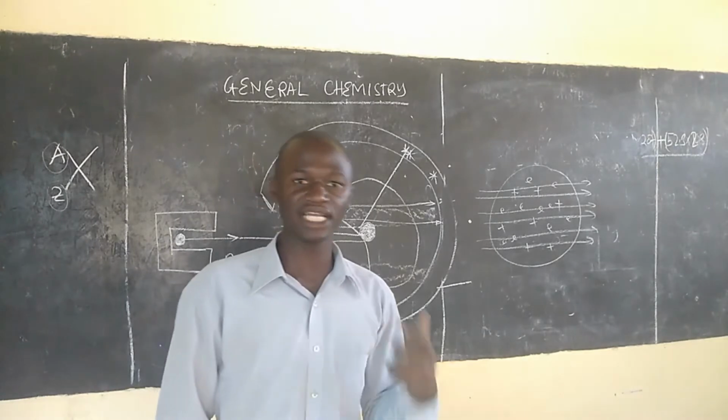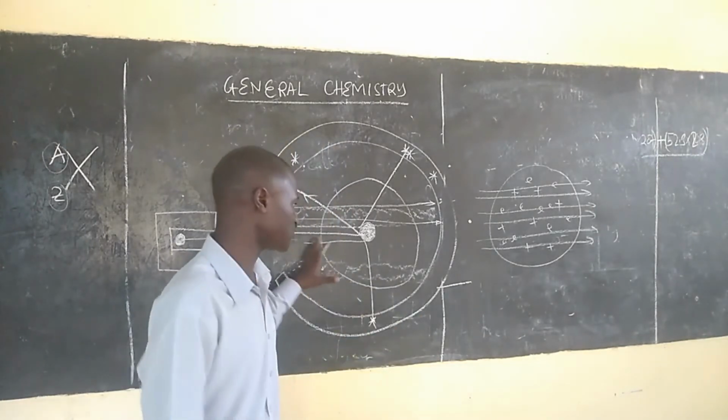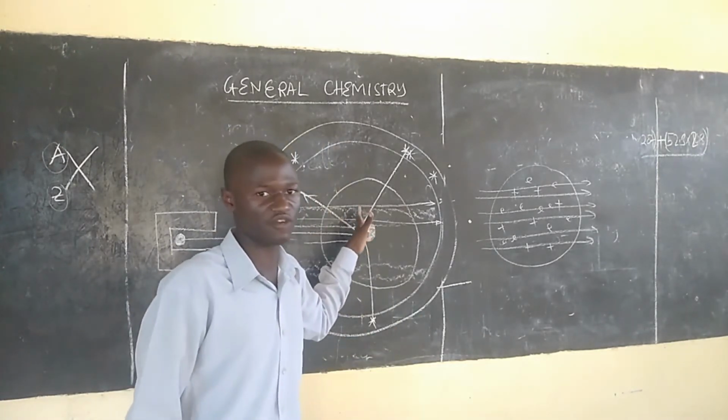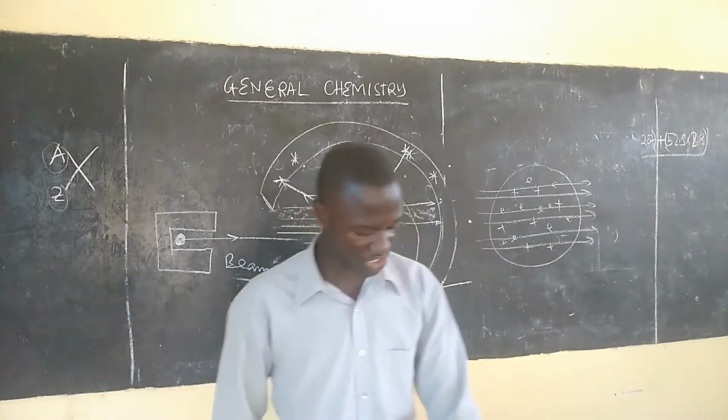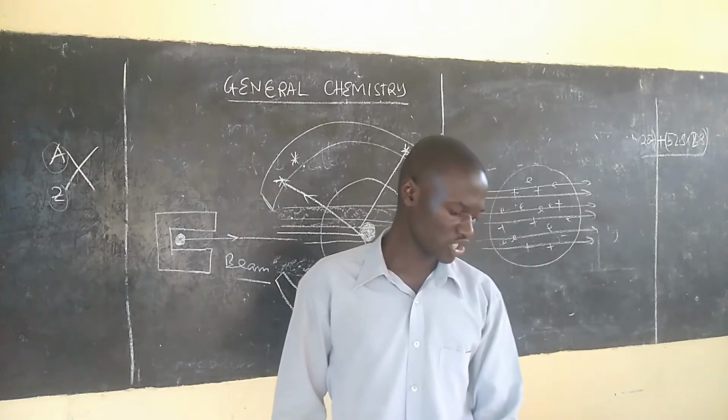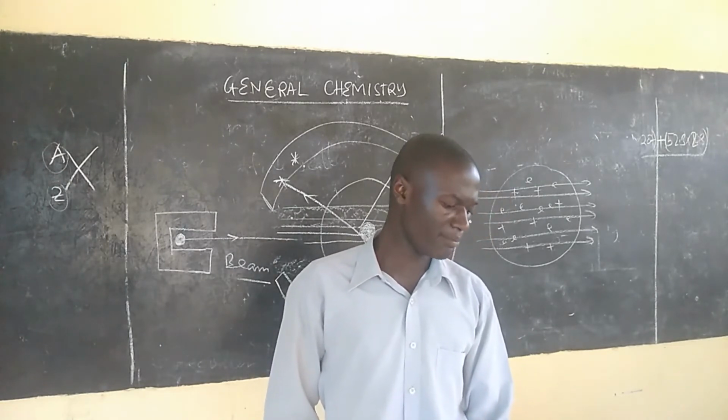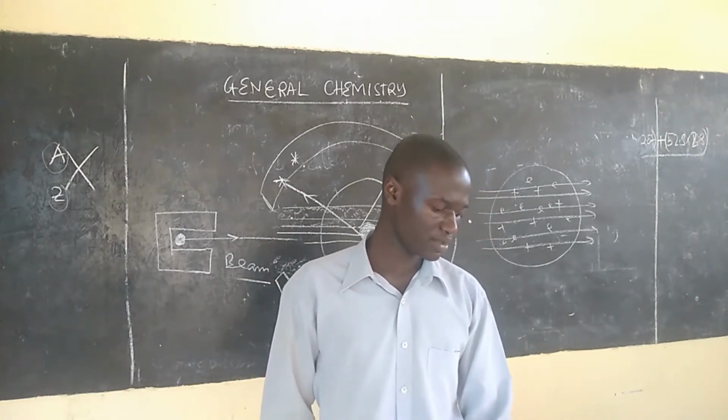And finally, the result of this repulsion between the positive charge in the nucleus and those in the alpha particle is the deflection of the alpha particle. So the explanation for this experiment, tunasema kwamba in the experiment they bombarded a target of atoms